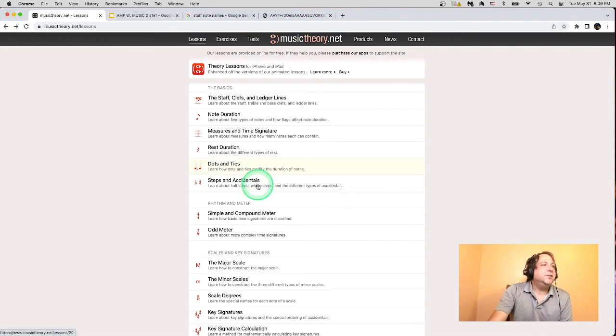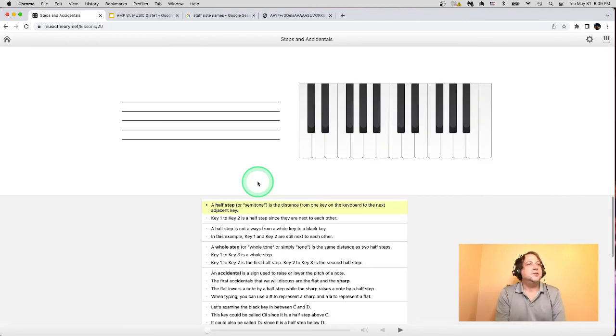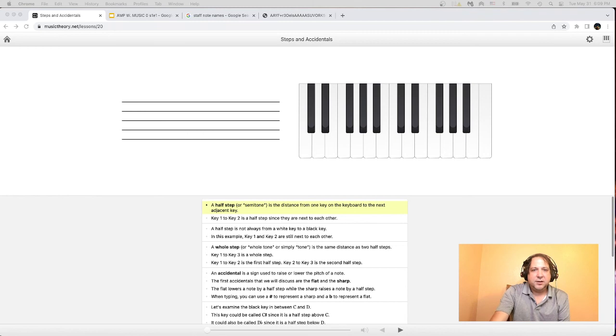And finally, we're going to go to our steps and accidentals so we can kind of learn how all of these notes work on the staff, how we use our black keys. And I have my piano to kind of help demonstrate the sound for that. So let's talk about half steps and whole steps first. A half step